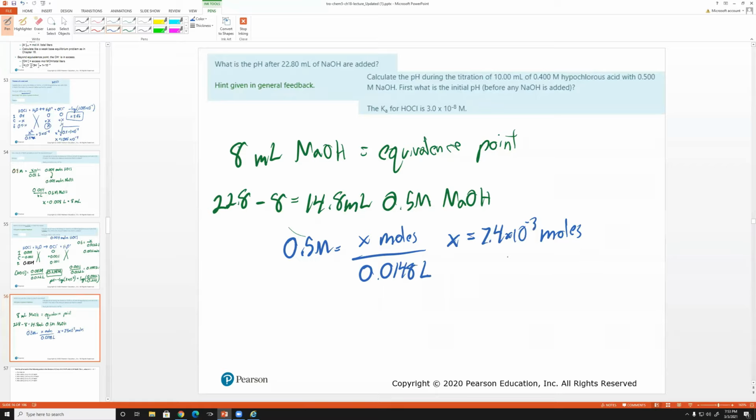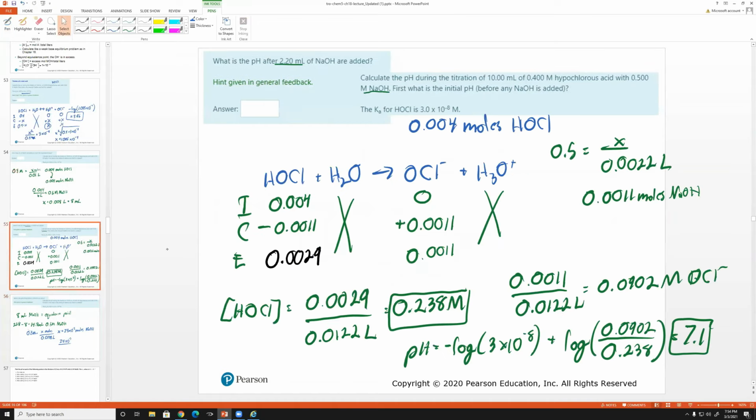All right, so that's going to be the moles of NaOH that is in excess. So now we can use the molarity of the NaOH directly to figure out the pH. From that, we can do our 7.4 times 10 to the negative third divided by our new volume. So our new volume is going to be our 10 mil